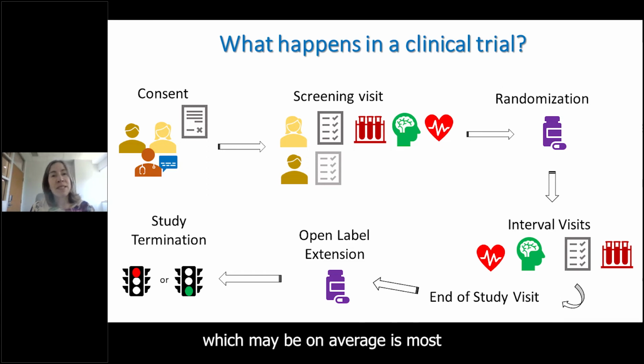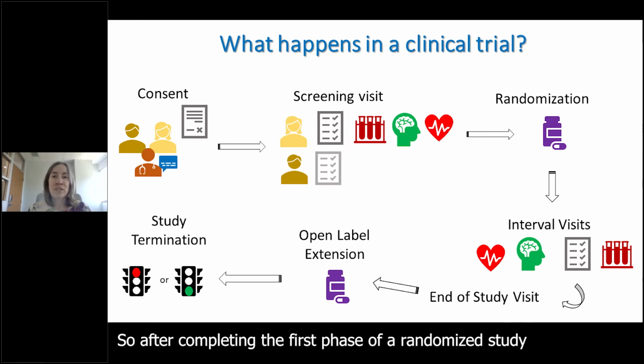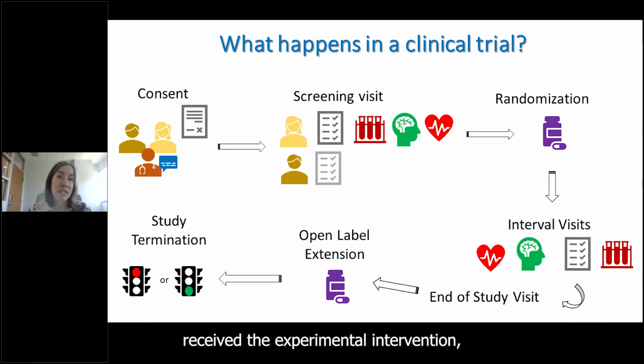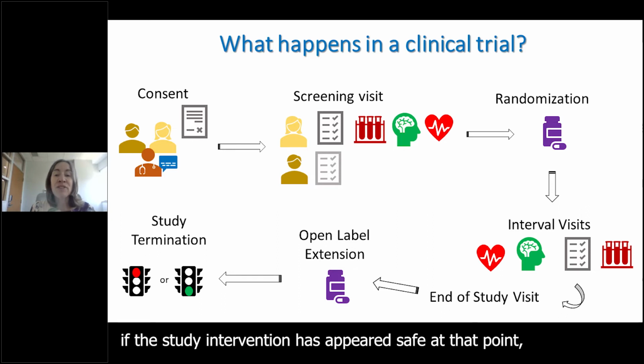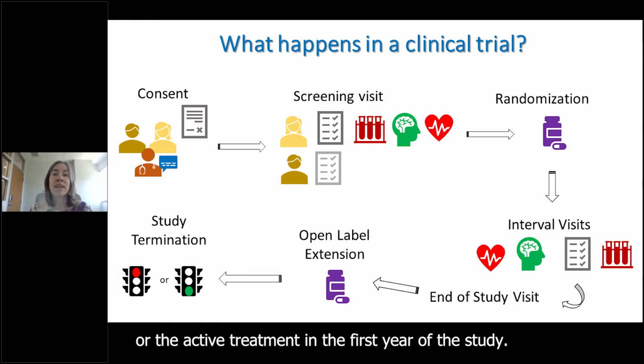At the end of the pre-specified study duration, which on average is most commonly 1 year or sometimes 2 years, but could really be quite variable, there would be at the end an open label extension for many studies. So after completing the first phase of a randomized study where some participants received placebo and some people received the experimental intervention, if the study intervention has appeared safe at that point, then often all participants are invited to receive the active intervention, whether or not they receive the placebo or the active treatment in the first year of the